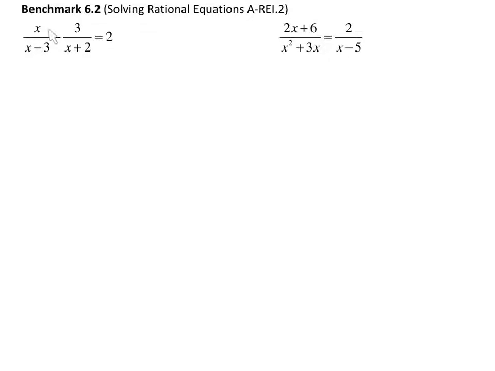Alright, we are going to solve these rational equations. So let's start with this one. To solve this rational equation, you want to use the LCD, and then you're going to multiply both sides by